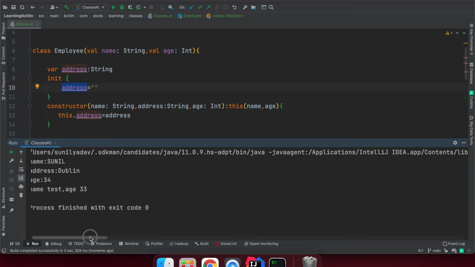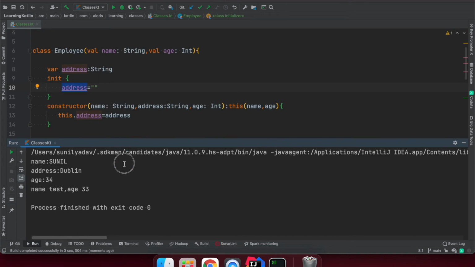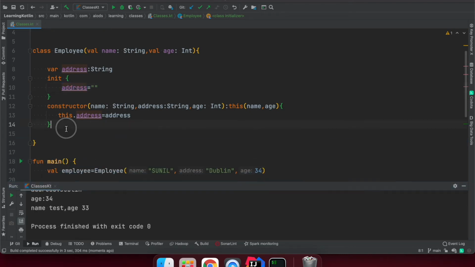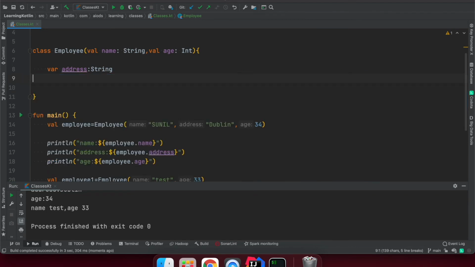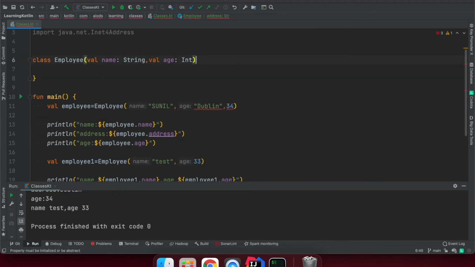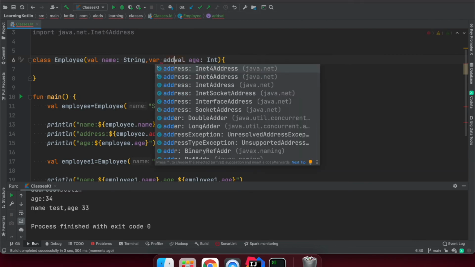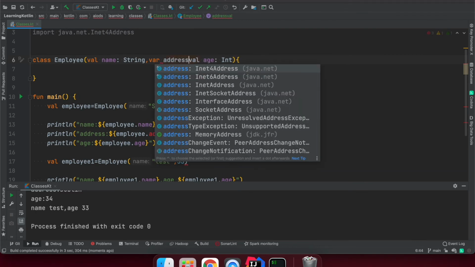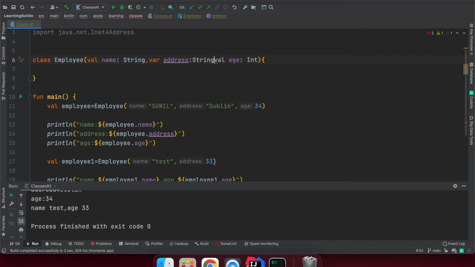And one more alternative, better way we can write this code. Okay, similar, we don't need to do those things, right? Suppose I want to create some constructor that is going to take some default value. So I'm going to say here var address, colon, address is string. Okay, I'm going to initialize the same thing, some default value here, right?